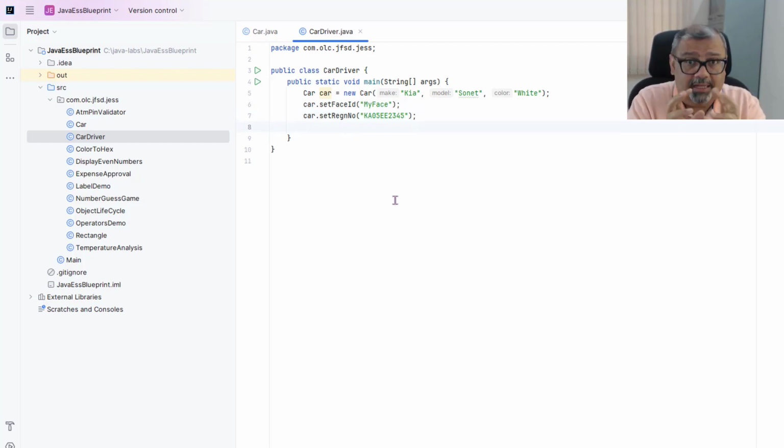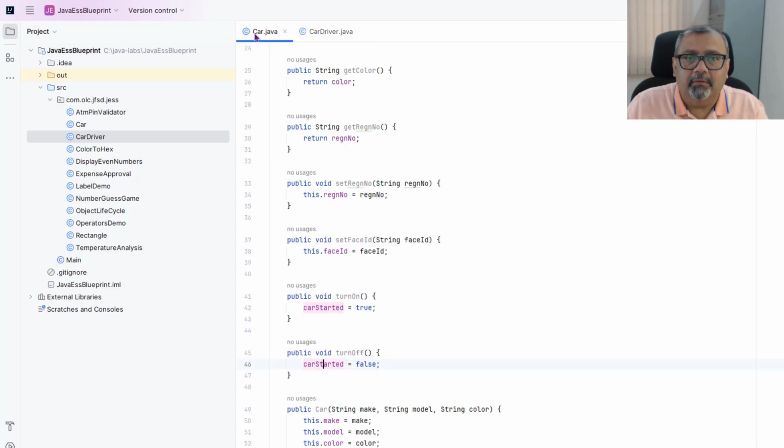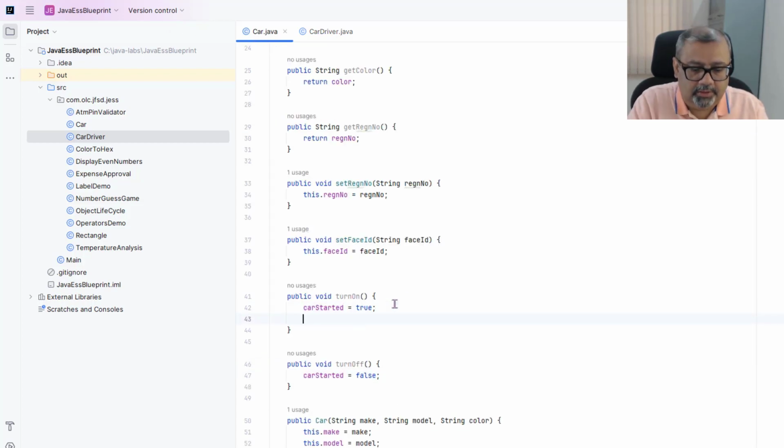So now my car is ready to be started. What would be the default state, whether car is on or not? If you want to really get that information, I could also have a method called getCarStatus to see whether it is on or off. Getting it? That's an example we could say, but for now let us not worry about it. So let us say car turnOn. I can also include some output here. So we could just sysout